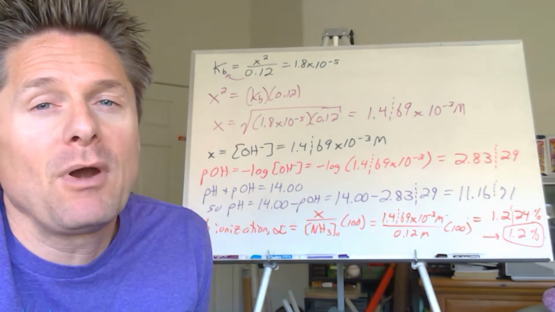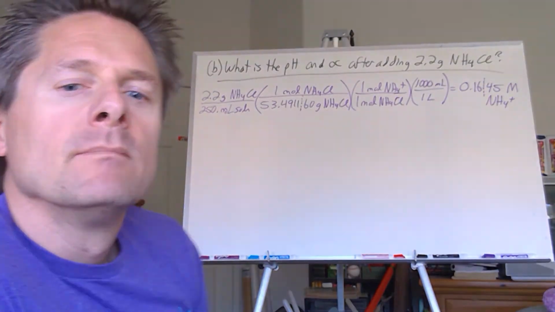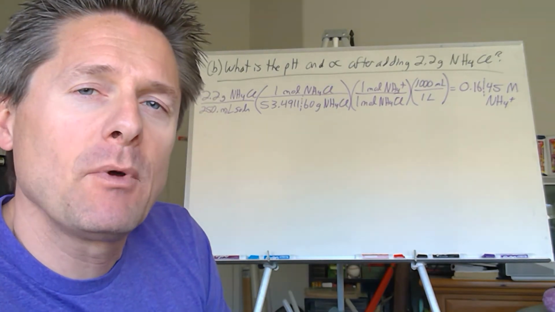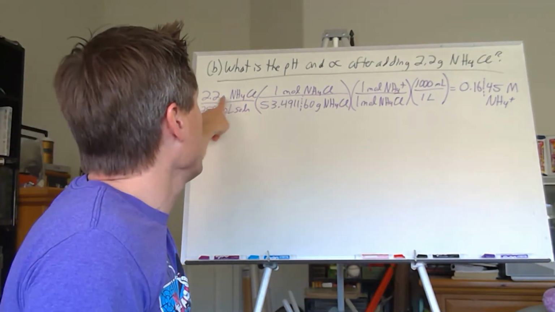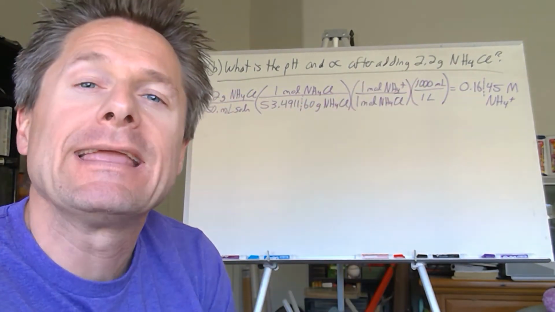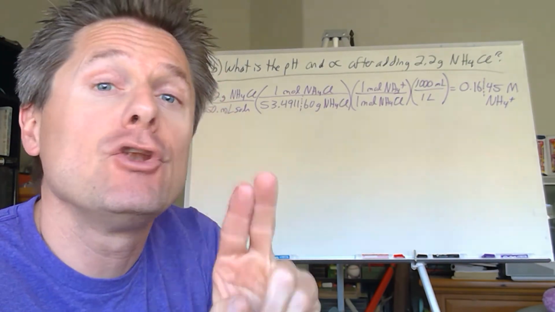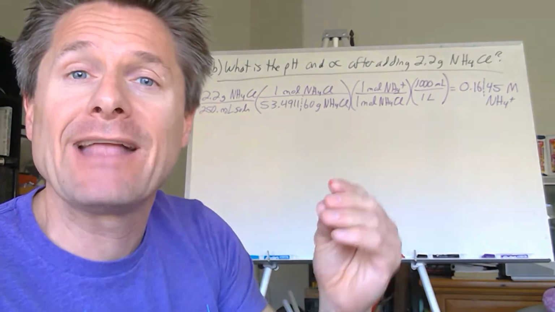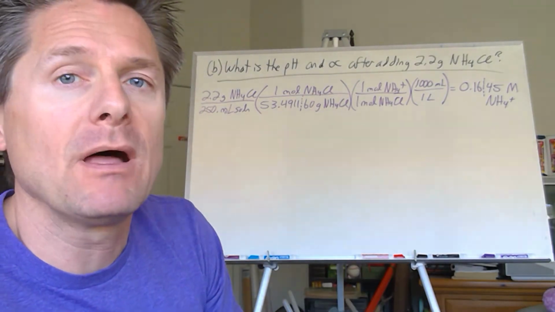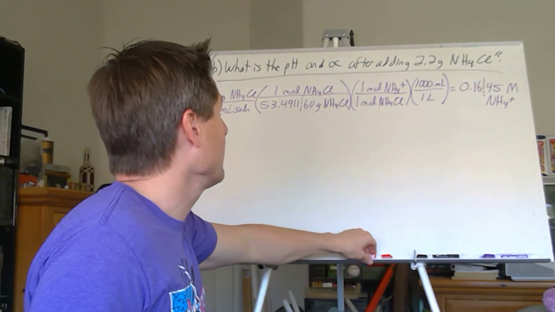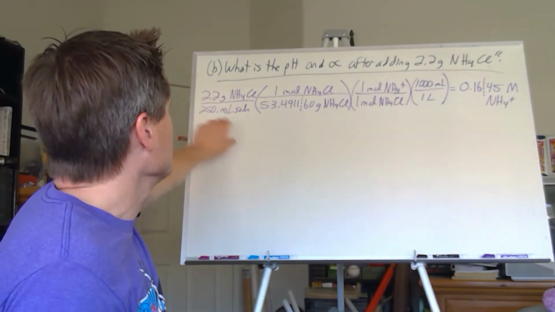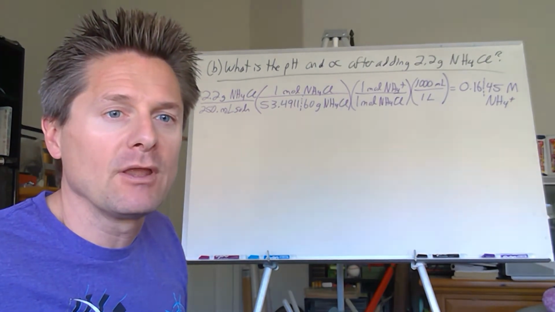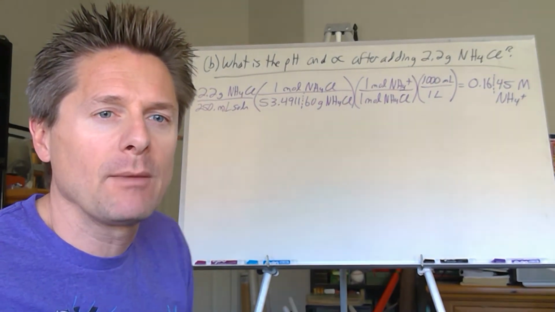Let me set up the board for part B. Ready for part B? Let's take the same 250 mL of ammonia solution and add 2.2 grams of ammonium chloride and calculate the new pH and the new percent ionization. But first, we need to figure out what the concentration is of the ammonium ion that we're adding, right? The ammonium ion and the chloride ion. So let's take our 2.2 grams of our solute there. Let me zoom in a little bit. So we got 2.2 grams of solute,